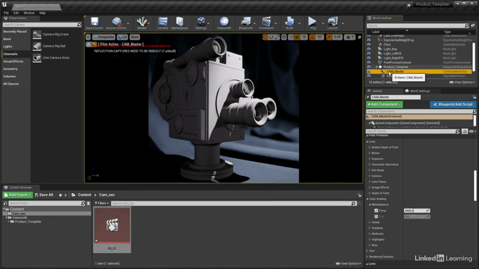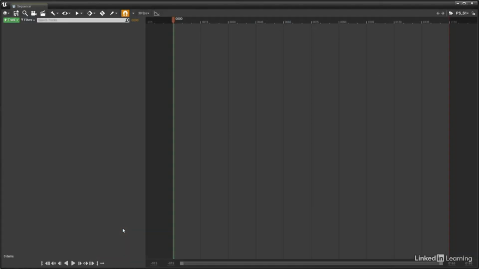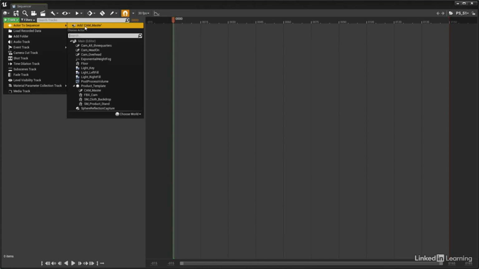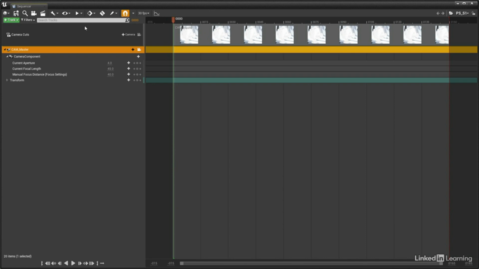With a camera selected in the outliner now, I will opt for the master cam first of all. We can double click to enter the sequence, and then from the top of the UI via the track button, add the master cam actor, which as you can clearly see adds the camera and its options to the sequence just as it did before. Let's repeat the process for the other cameras that we have in the level then, until we have a list